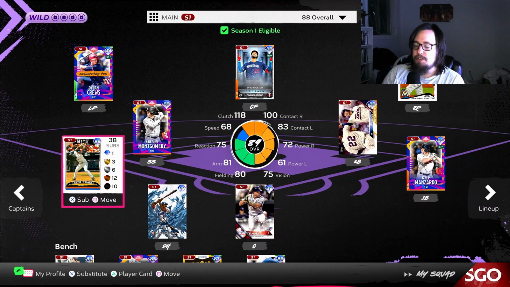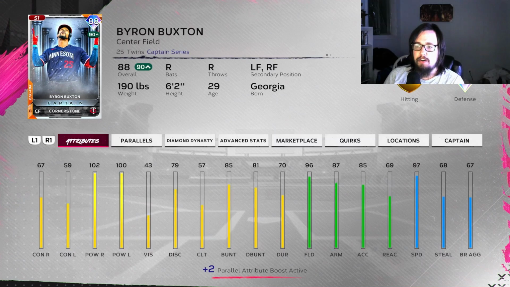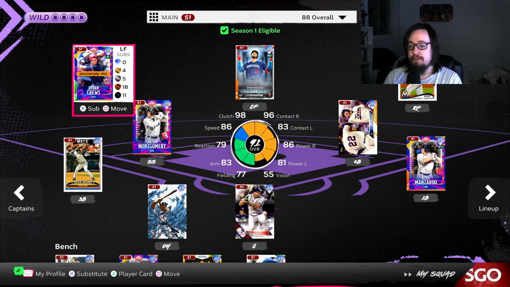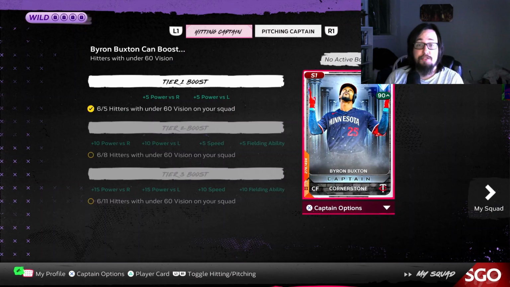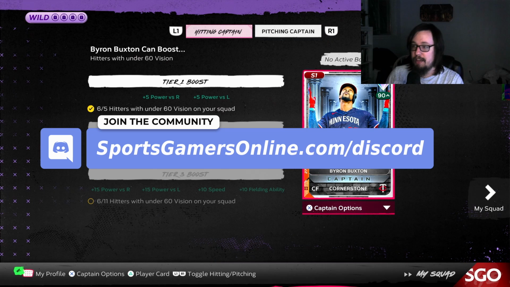And then if you go over here to the left, now notice this Byron Buxton card up here. You can see on the card it says Captain Cornerstone. So captains are an important part of Diamond Dynasty. They introduced them last year, and if we go over here to the left, we go to the captain screen. So you are able to have both a hitting and a pitching captain. I don't currently have a pitching captain on my team, so that screen is blank, but I do have this